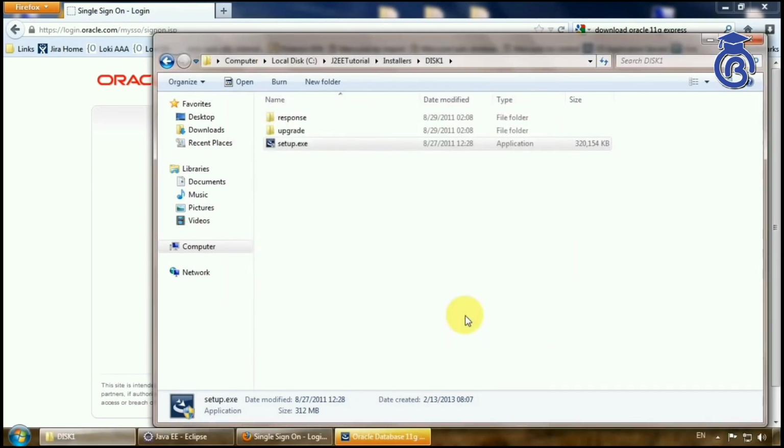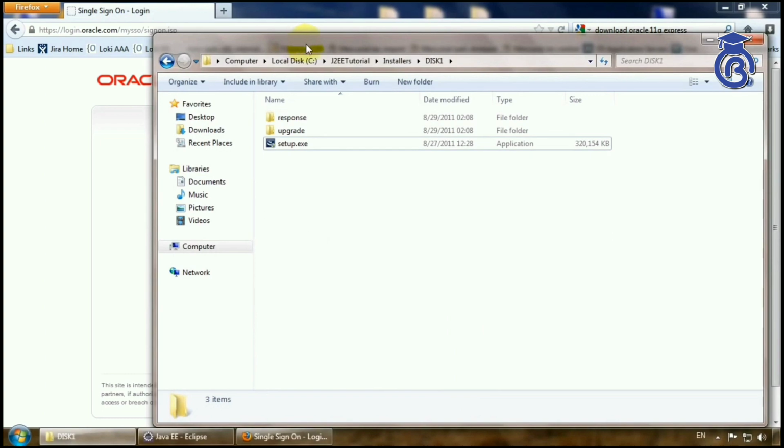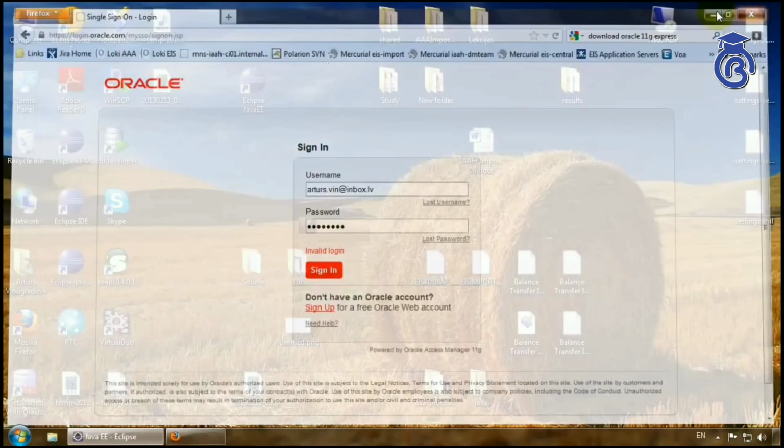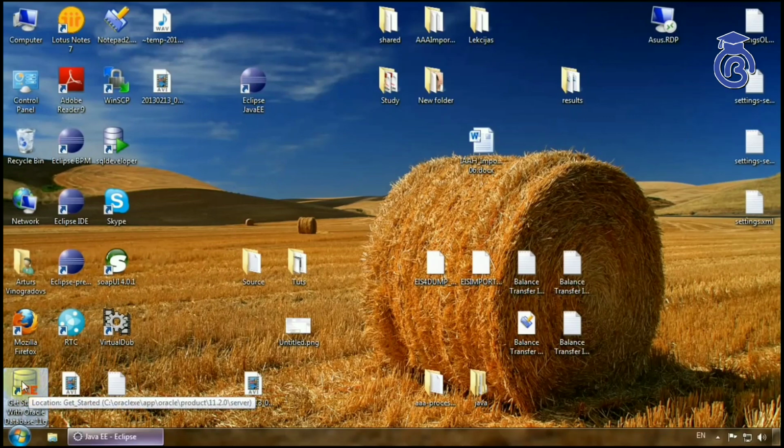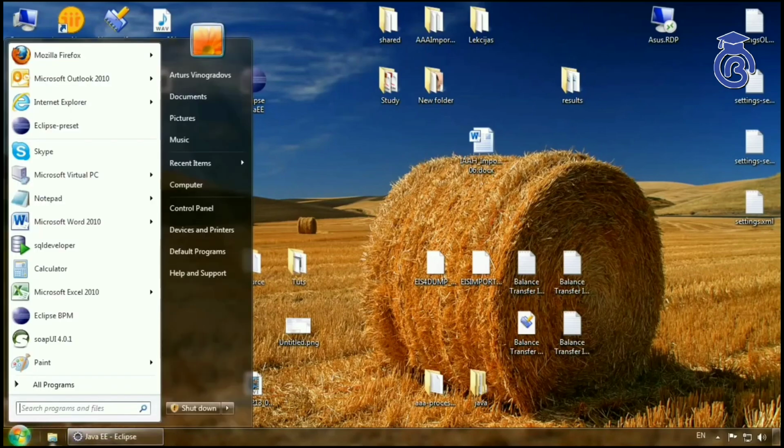So okay, click finish, and let's just check. Yeah, we have some new shortcuts here. I'll delete it,